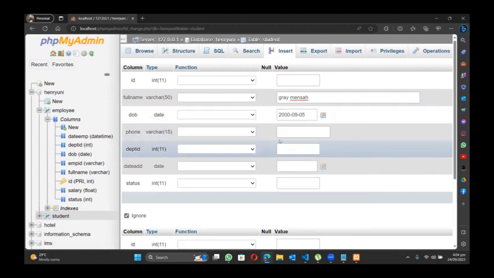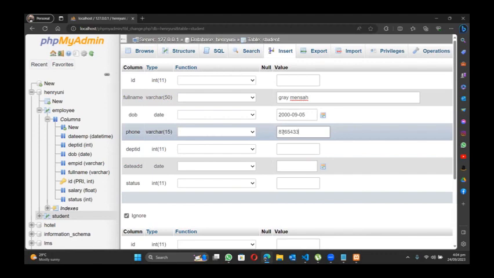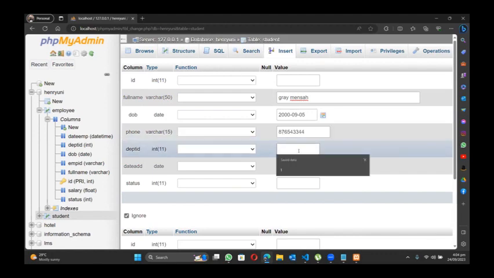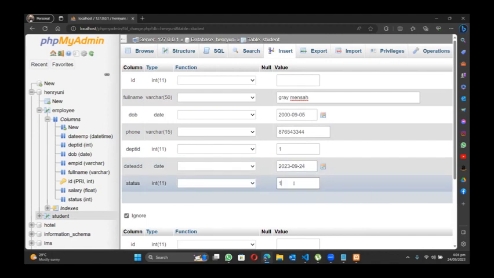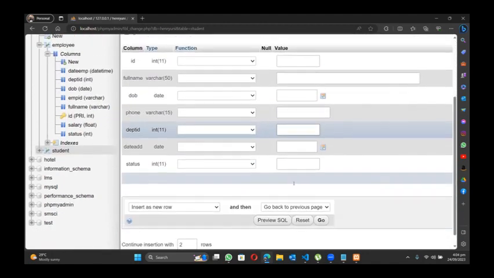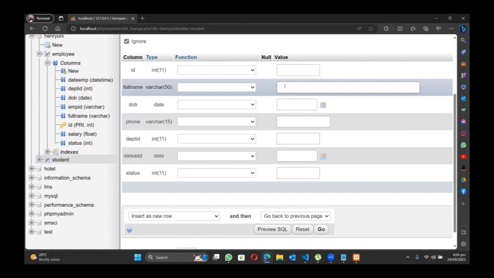And then I'm also going to choose a phone number for Gray Mensa. I'll choose a department to be 1. I'll give her a date, and I'll set her status to 1. Over here, I'm going to set another name. I'm going to call this name Danso